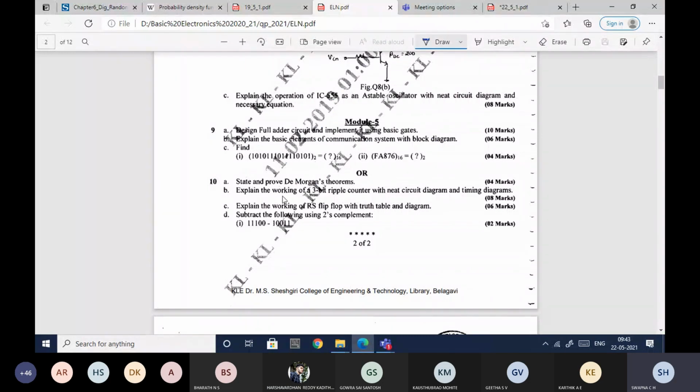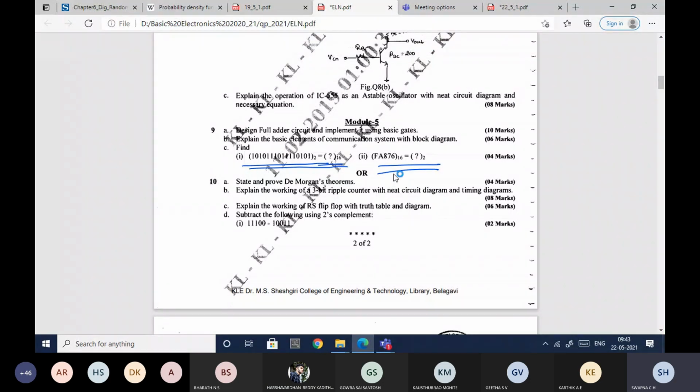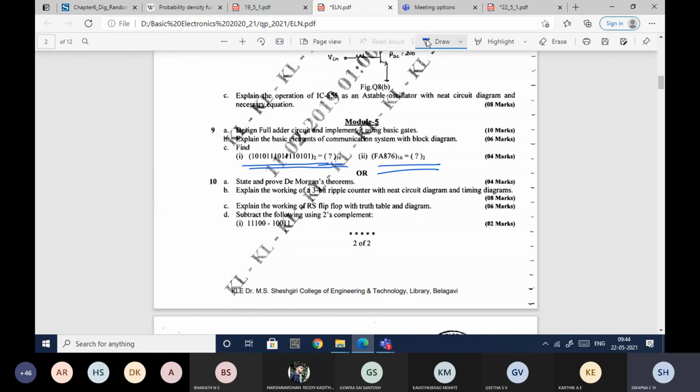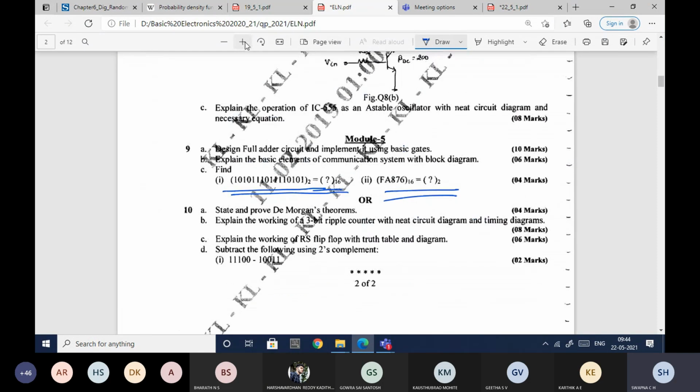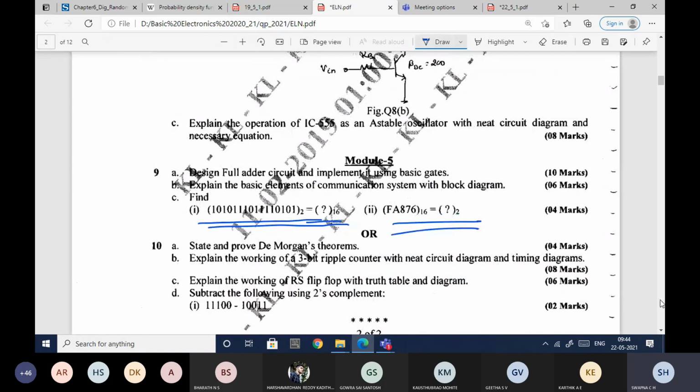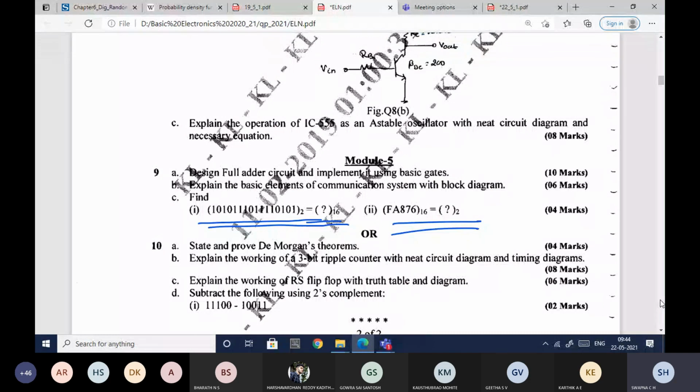You just do this one and this one quickly and tell me the answer. I'll be back in some time. By then you have to finish this problem. Here, first he has given a binary number. I hope you people are able to see the question properly. Are you all able to see the question properly? Yes, ma'am. Writing the question properly is more important than solving it, because if you write the question wrongly, everything is gone.